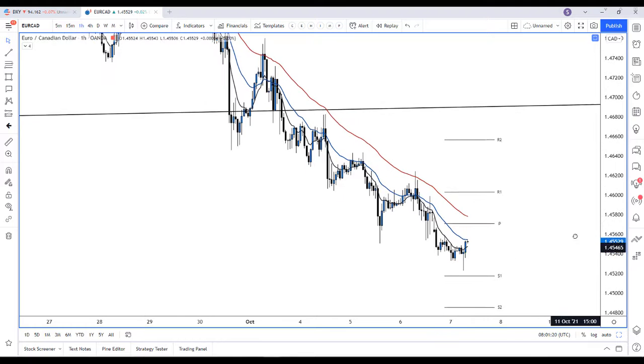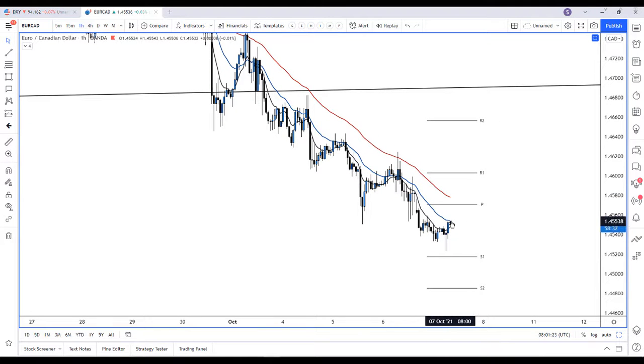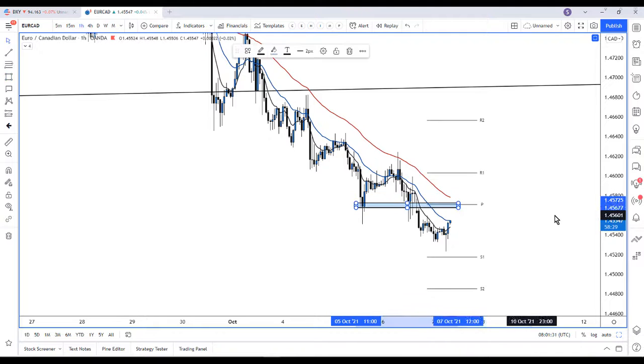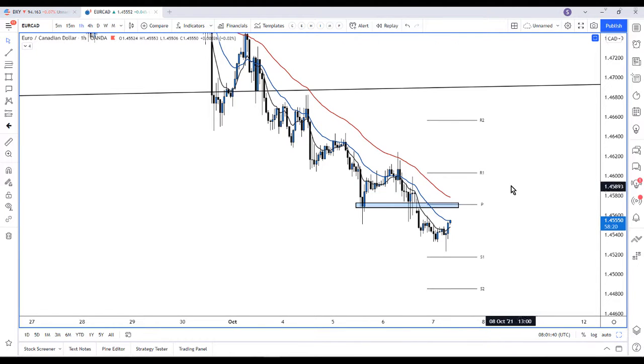I'm always looking for at least an interaction with the 20 moving average, okay? But literally this could push up into this level. This is quite a nice level actually, because we've got that support there. Daily pivot, nice push up. Look for an evening star pattern or rejection, and you could look to trade that. Euro CAD,